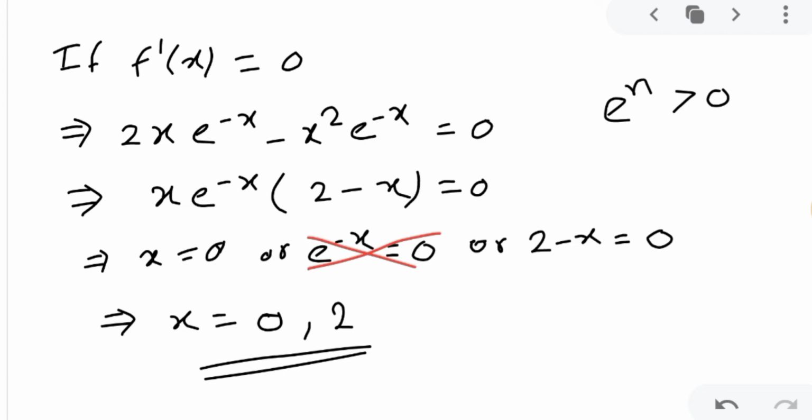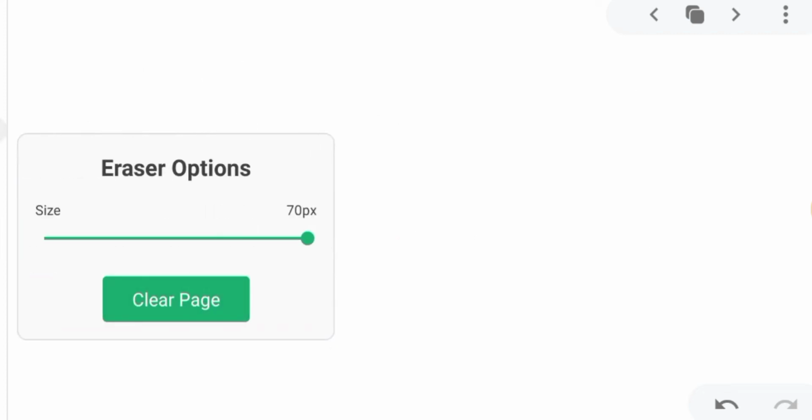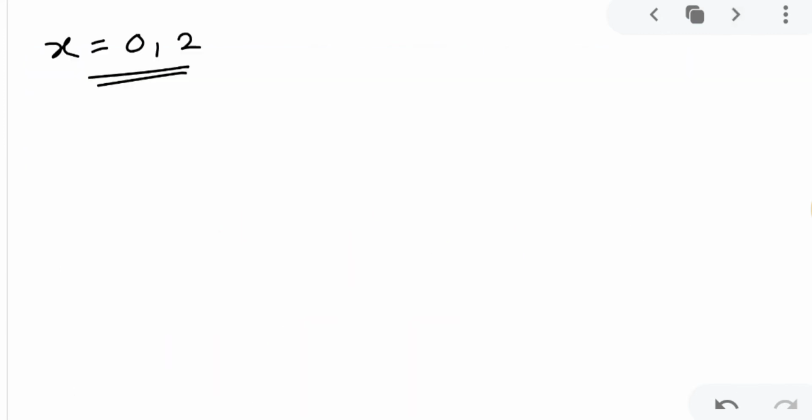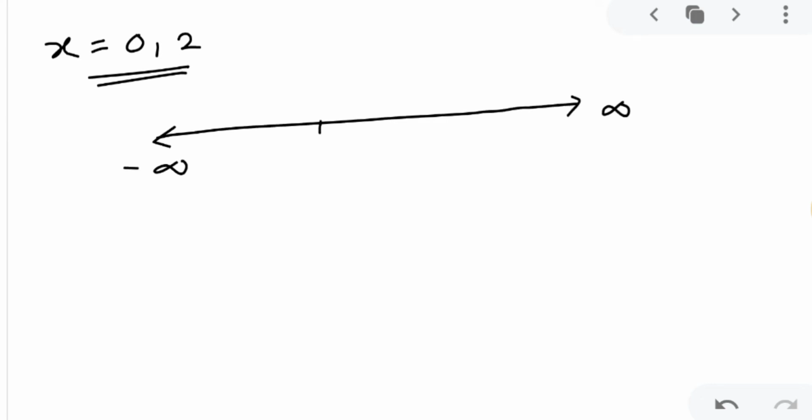So I will erase all the things, okay? Just I got the value of x as 0 or 2. I wrote here. Now I have to check, and this solution is lengthy, so this can come in 3 marks or 5 mark question also, okay? It is not necessary that it will come in 2 marks, okay? Increasing. So increasing means first I will make a real axis. So this is infinity, this is minus infinity, and I will plot these 2 points 0 and 2 here, correct?